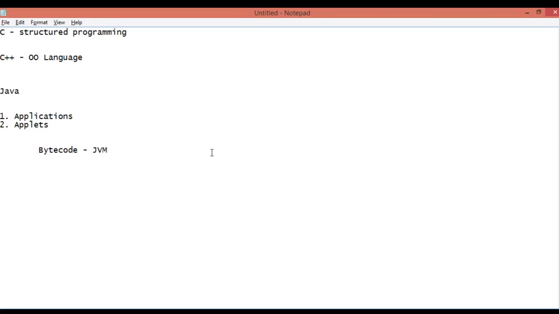Now, as this bytecode does not execute on any platform or CPU directly, it is platform independent, and all we need is a different Java virtual machine for different platforms. So this is how the logic works. What we have is Java source code, which is then compiled to